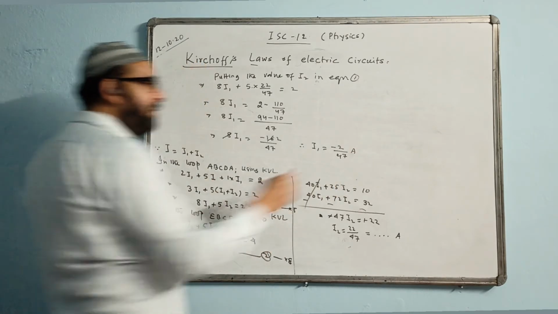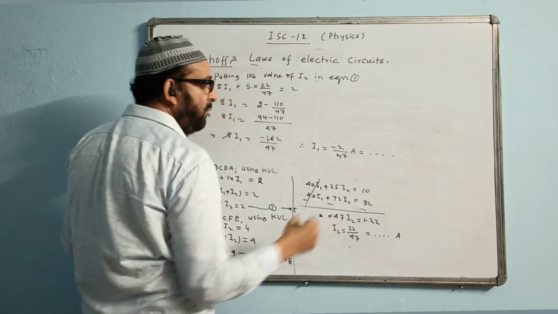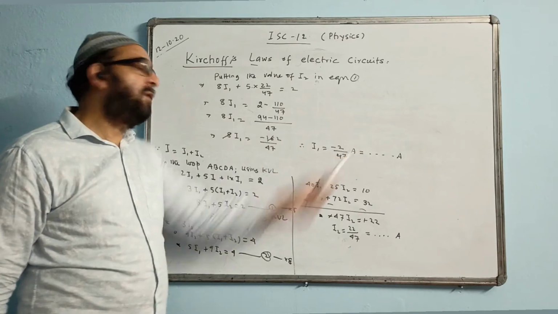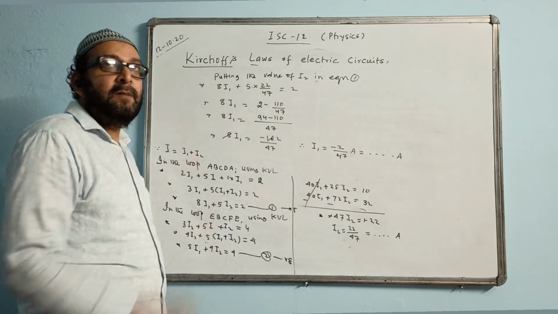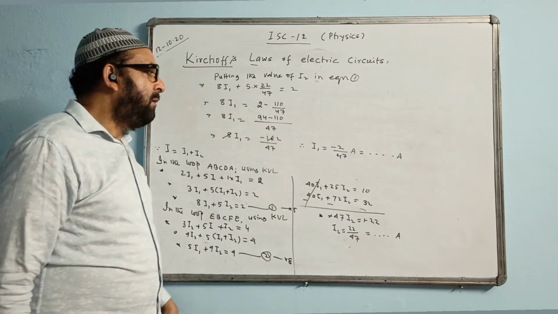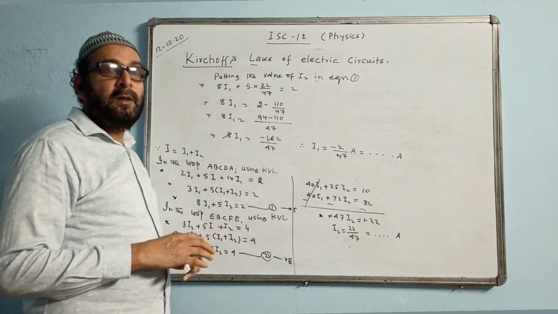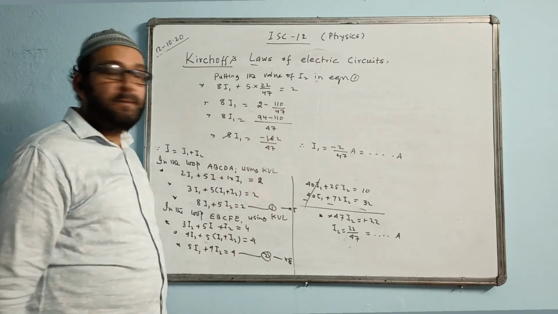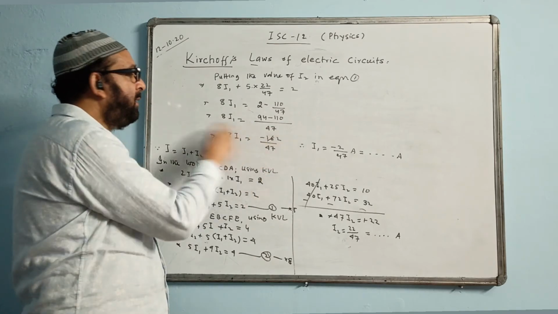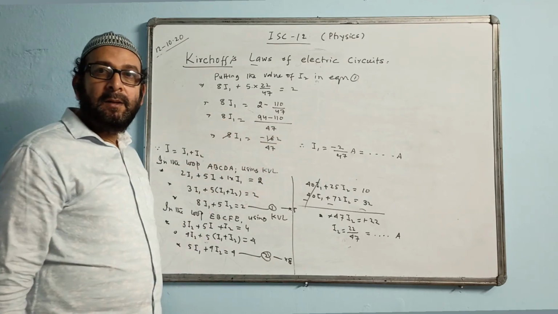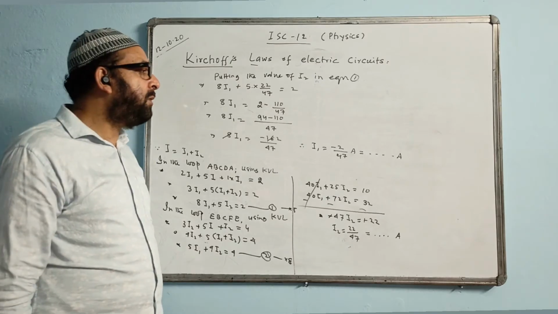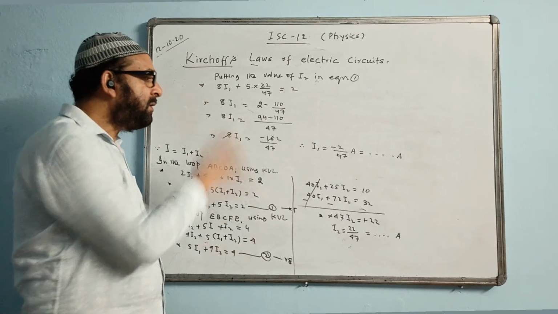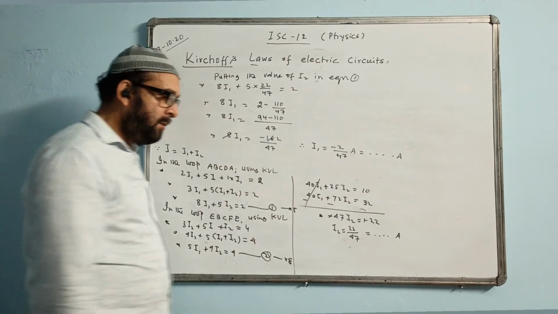This answer again we have to change to 3 decimal places with the last number rounded off. And the answer is coming with the minus sign here, so you have to write the minus sign there too. The minus sign tells you that the direction in the practical situation will be opposite to the circuit shown here, that is, the first cell should be connected in the opposite direction. I1 direction must be reversed in a practical situation, but you don't bother about that. When the answer comes with the minus sign, write the minus sign also there. So this is the answer for this question.